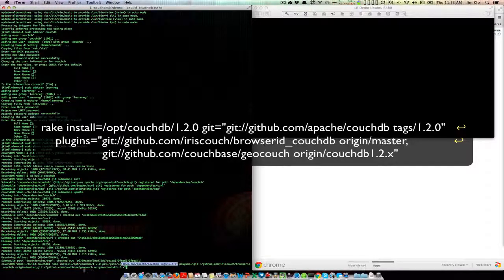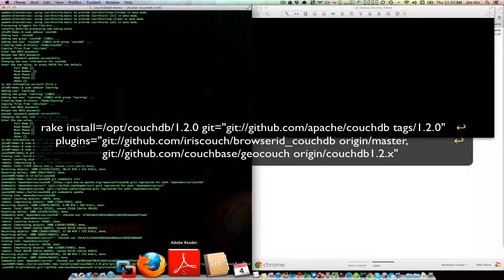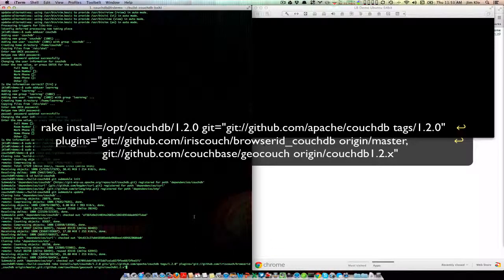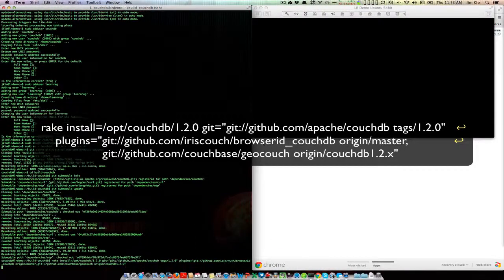is GeoCouch, which adds a geospatial index plugin into Couch as well. We're not yet using this in the Learning Registry code, but may use it in the future. So rather than having to go through this trouble of rebuilding the plugin, we'll do it right now. It'll just go unused until then. All right, so hit enter